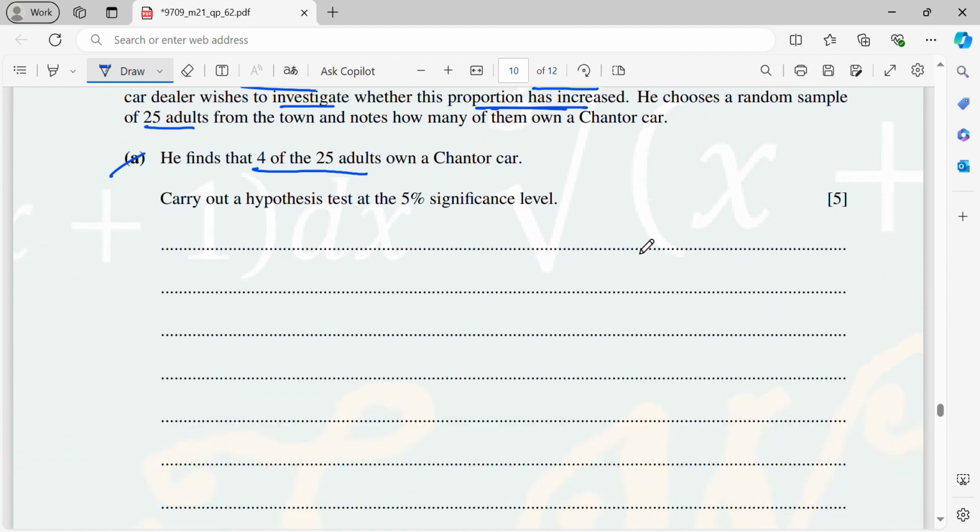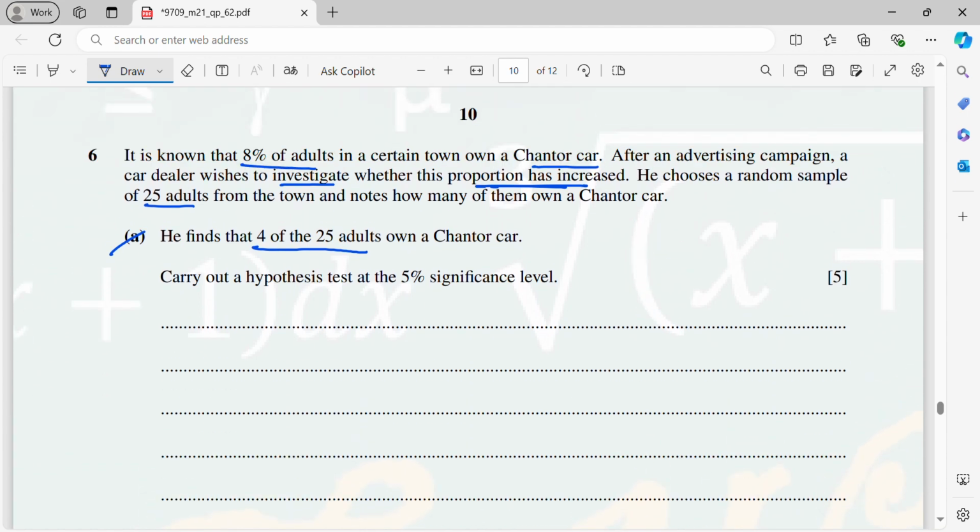So this is the hypothesis testing, and now here involves the number of adults. Therefore, here I will be using the proportion because this is a proportion. Then later on we will use the binomial distribution to solve this problem. So now your H naught: p is 8%, 0.08, but he suspects that it has increased. Whether the proportion has increased, then it's the H1: p greater than 8%. And at the 5% significance level, alpha is 0.05. Okay, so now I will write reject H naught